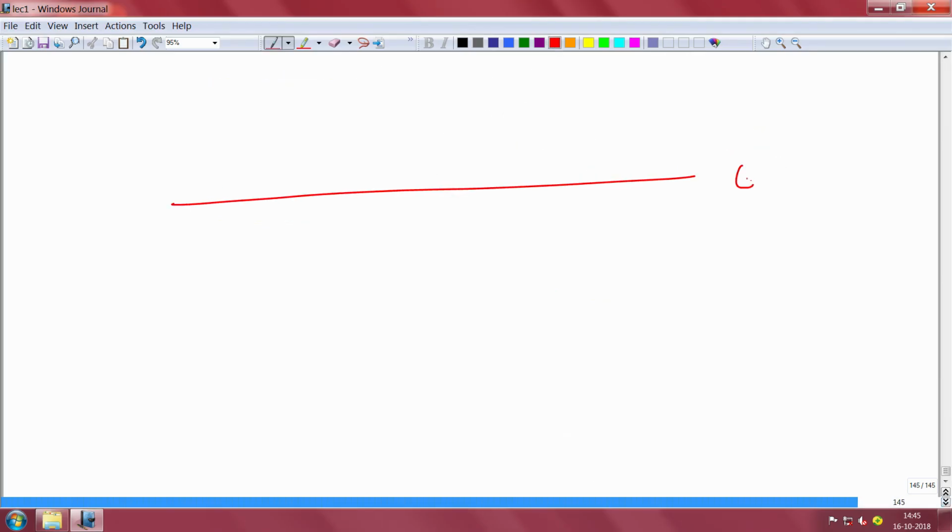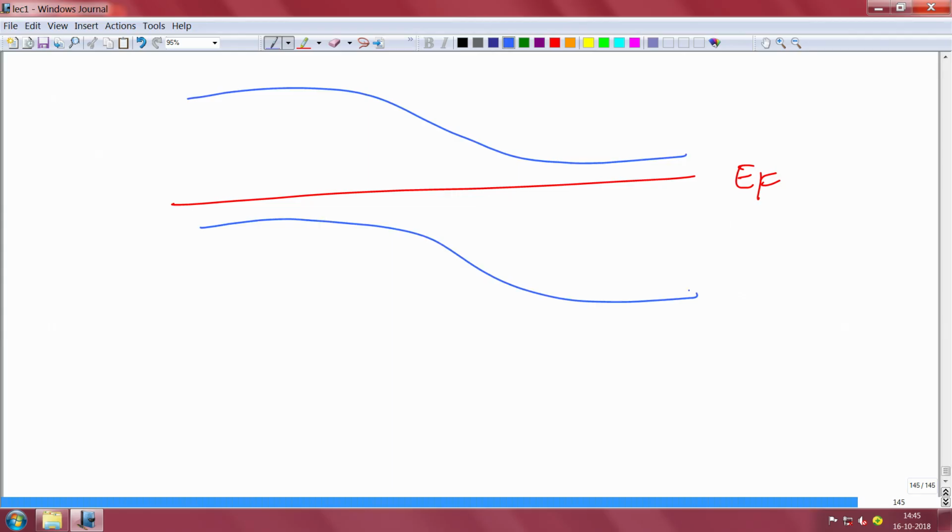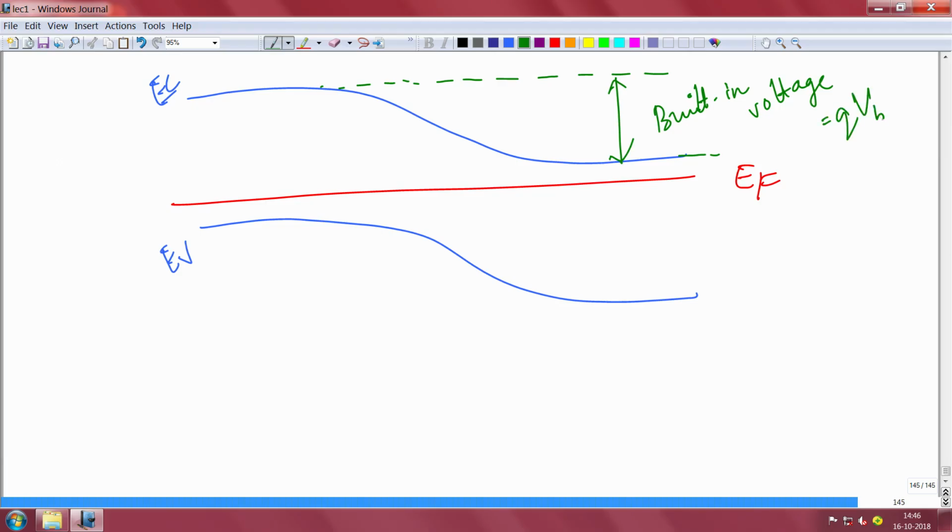Suppose I have a Fermi level here, I will keep drawing this so that it becomes very familiar all the time. So, this band gap is the same, I am making a mistake here. You see, this is the conduction band here. If you look at the conduction band again carefully, I will take green color here for example. This conduction band and this side of the conduction band have a difference in the energy. This is called the built-in potential, built-in voltage or built-in potential, same thing. We designate it as qVbi.